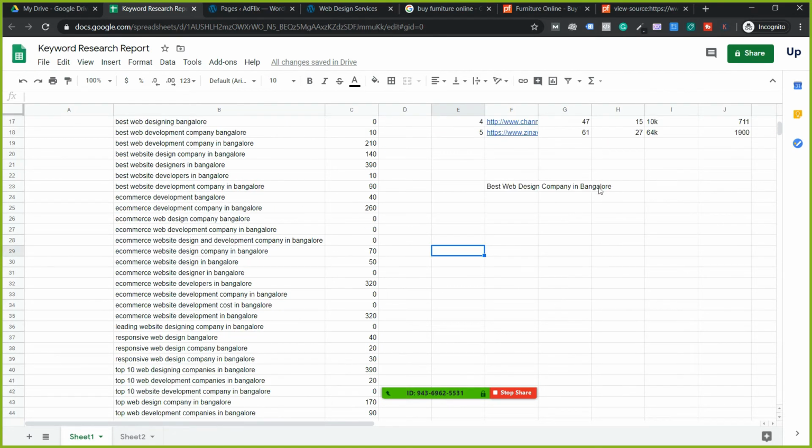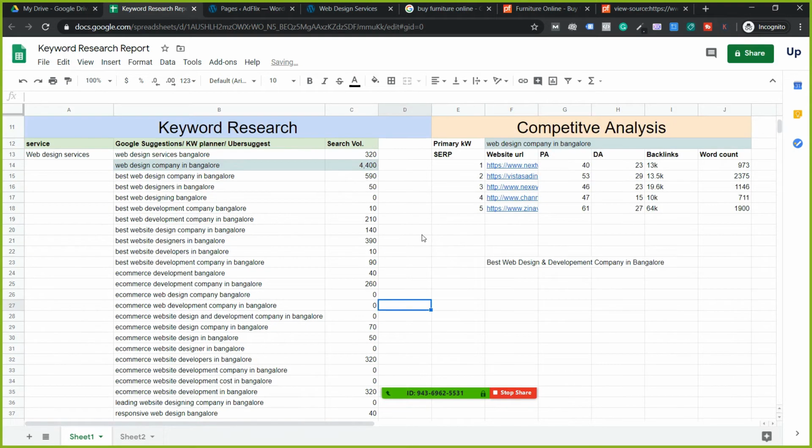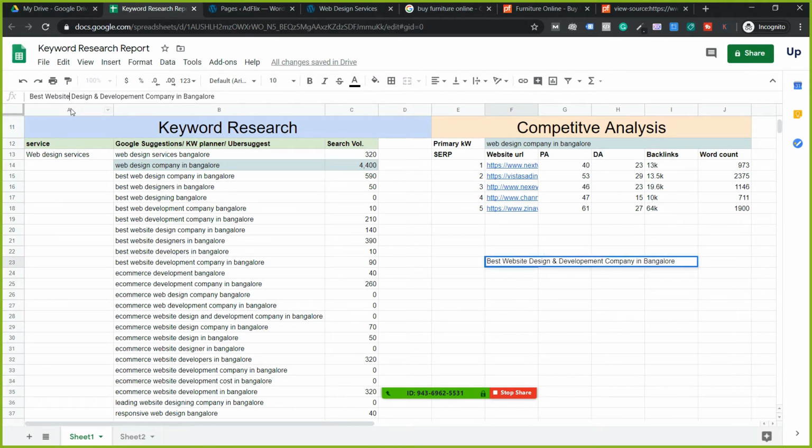Now I say best web design. I don't want to put "and", I'll put an ampersand. Best web design and development company in Bangalore. Now let me tell you what I'm going through. So let me see the first one. Now, if possible, I will not say web, I will say website. I'll tell you why. This is what I will write if I am writing for this company or for this page: Best web design and development company in Bangalore. Now, let me show you how many keywords I've optimized. What is the first one?